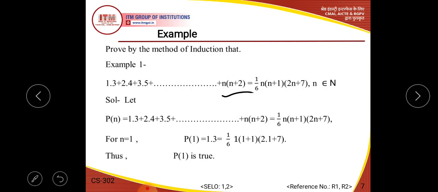Now first we have to prove this statement for n equals 1. So you have to put the value n equals 1 in this statement. After that you get P of 1. If you put n equals 1 in this statement, we get P of 1 is equals to